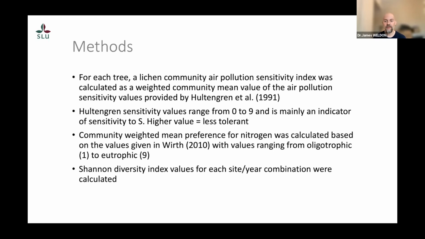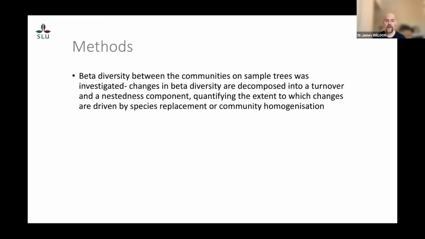We also calculated Shannon diversity indices. We then broke down the beta diversity into the components of turnover and nestedness. The idea here being that if the change in beta diversity is driven or dominated by nestedness processes, then the species poor sites are a strict subset of the species rich, and this implies an increased homogenization of the vegetation community, or the lichen community in this case. Vegetation in the broadest sense, they're of course not plants.